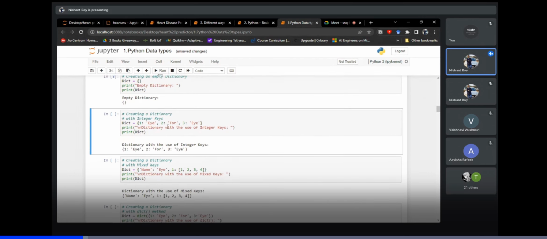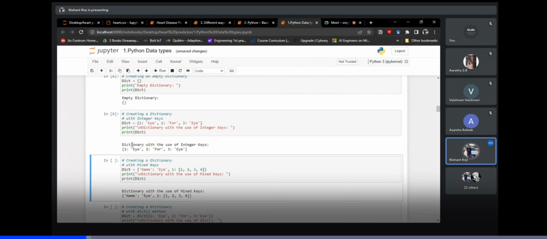Now you always have to define a key for a value, but a value doesn't always need a key, and a key doesn't always need a value. You can have a key without a value, but the key is the important part. Like without a name a person can't live, but a name can be there without the person. The person may be long dead but the name will be there. So a name is a unique thing here, like the key here. Now if you run it, you can see a simple demonstration of how dictionaries are